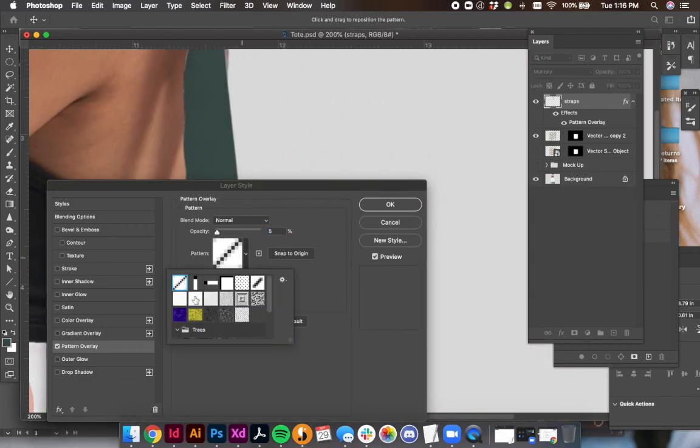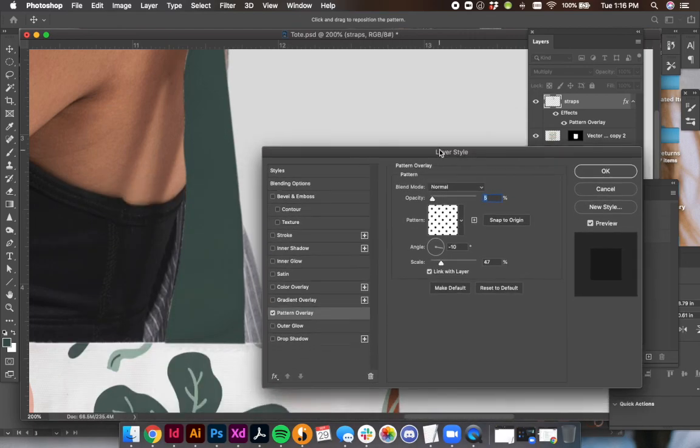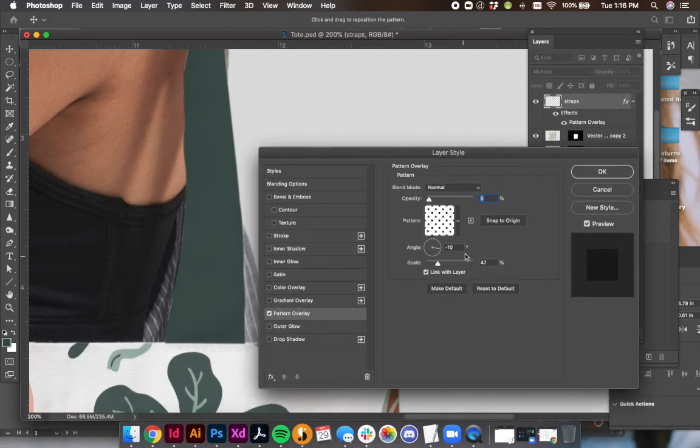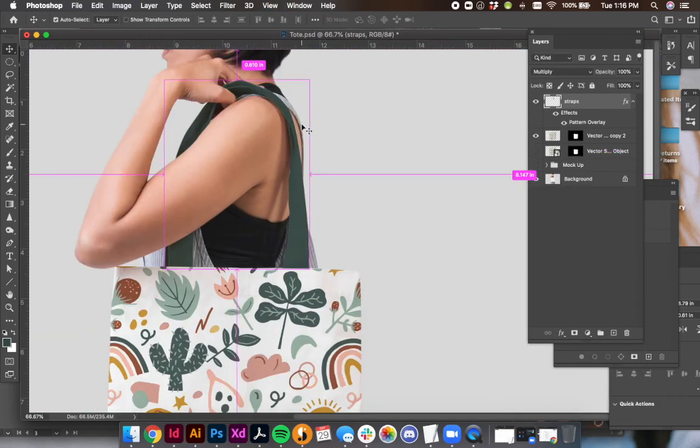And now we can get different grain patterns in here. So we can go ahead and look at this. I think that's looking fairly close to the pattern we have here. Again, you're welcome to play a little bit more. Maybe we want that to be scaled up a little bit. I don't really like the way that looks. Bringing the opacity of that pattern up a little bit. Press OK. So I now immediately think that that actually does create a little bit more texture in there,